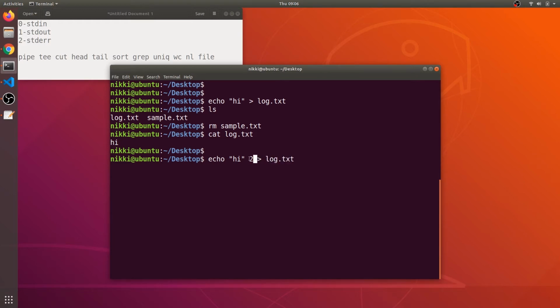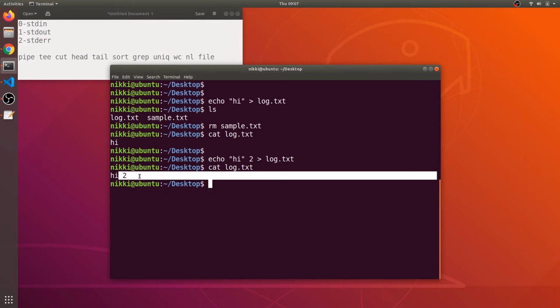So that is 2 greater than log.txt. Redirect standard errors to the log.txt. Now if I hit enter, okay, there is no output. Let's say cat log.txt, and as you can see, since there is no output, I got just an empty file.